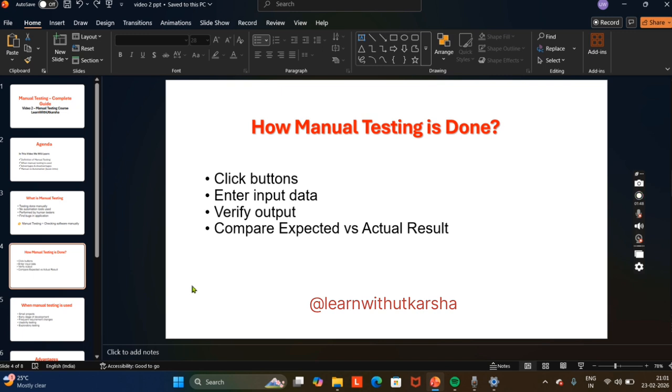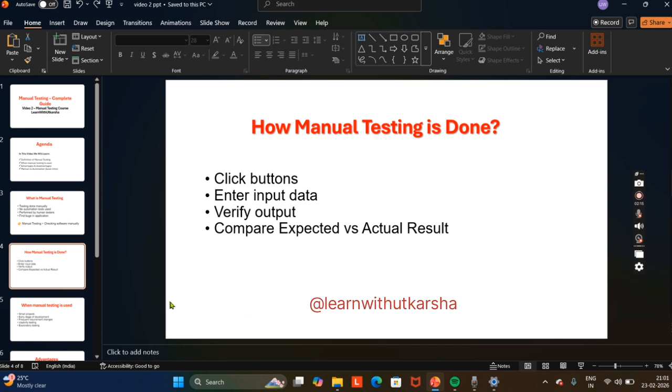If login fails, that is a bug. Or it means I entered an incorrect username and password, that's why login fails. Or it might be I input a correct username and password, but still the login fails. Then that will be the bug. So this is how testers identify issues step by step.